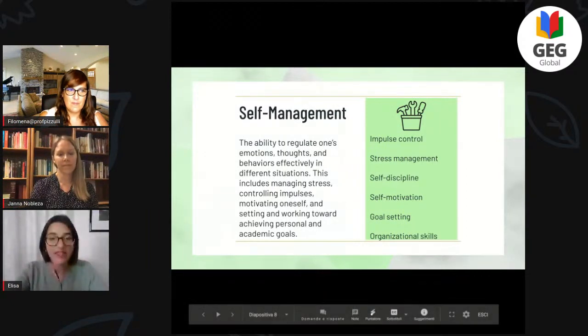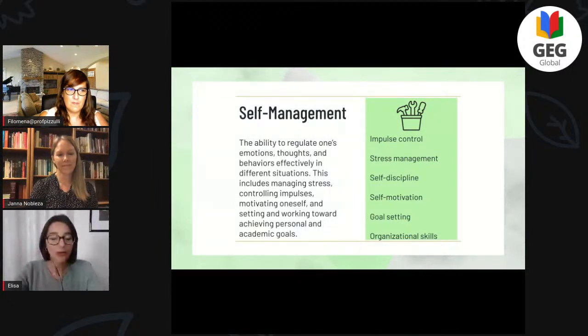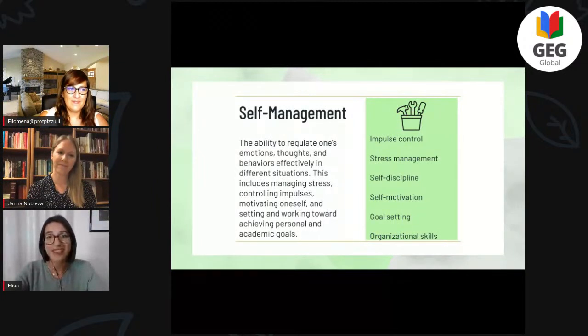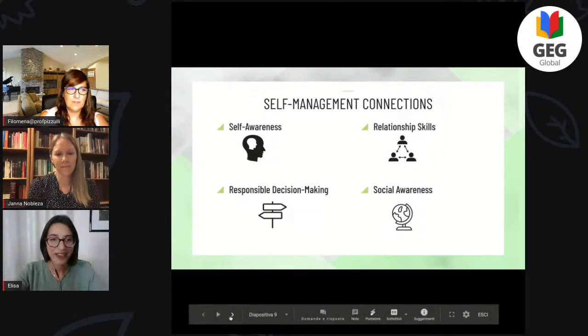And that's just how we can use self-management to really work on what we have to work with at the moment. Again, self-management, just like all the other competencies, relates very well to the other four, because just like what Filomena told you at the beginning, I will just repeat it for the people who just joined. The 5 CASEL competencies are usually represented on a wheel because they build on each other. They're not separate things that we can teach on their own. They often overlap.